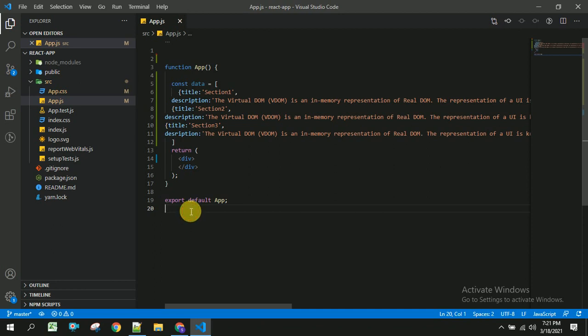So actually we have to install some code formatter. I have deleted this so you are not able to see the formatting. So you can install Prettier or similar code formatters.